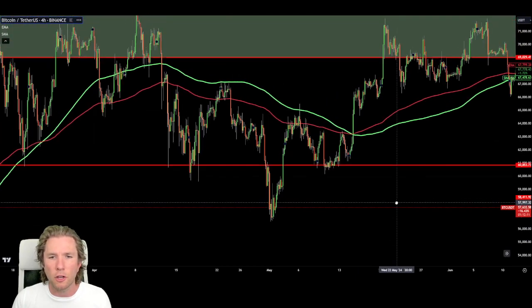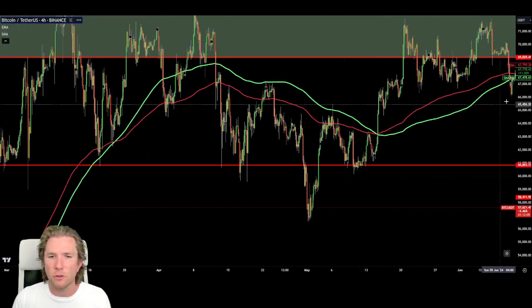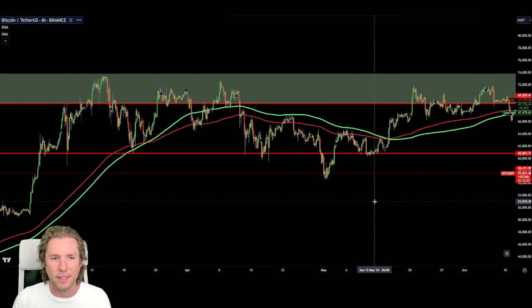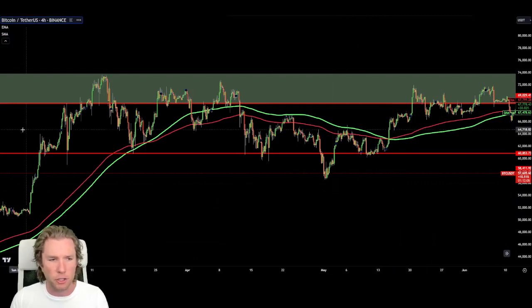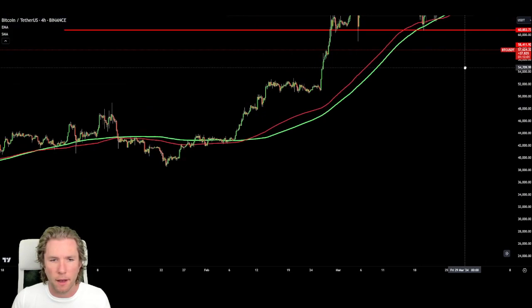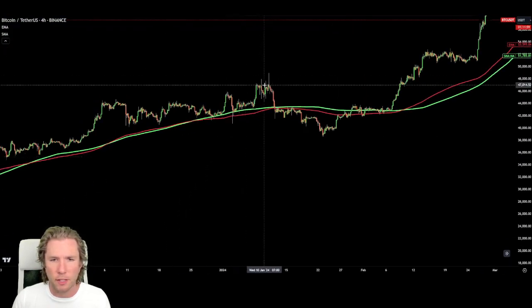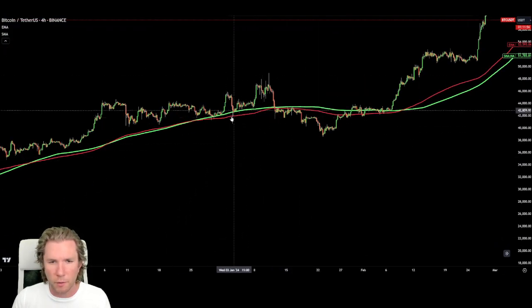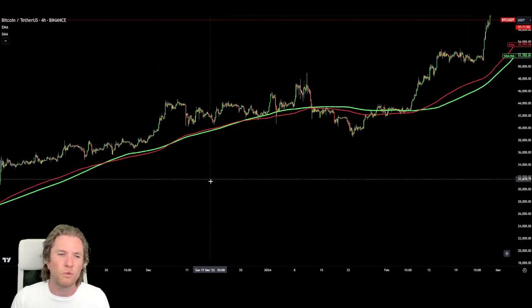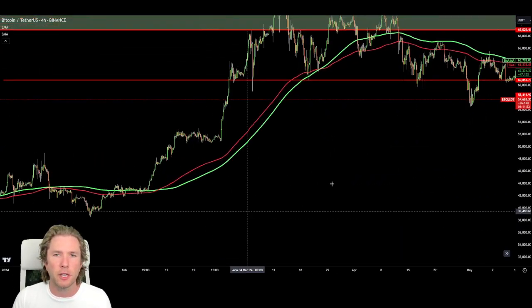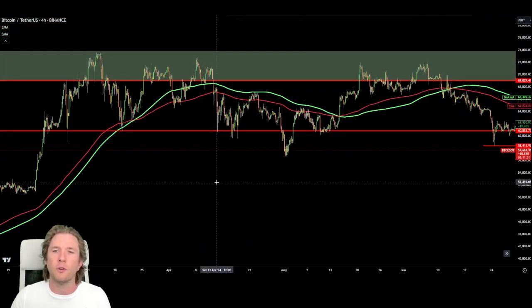But you want to look where the wicks are, because that tells you who's in control and where the market tends to go, because that's where buyers show up, right? So where's the wick? Wick's here. What do we do? We go up. Back here, wicks were top side, we go down. Wicks were bottom side, we go up. These wicks really give you a lot of information because it's aggressive buying or it's aggressive selling into the market,